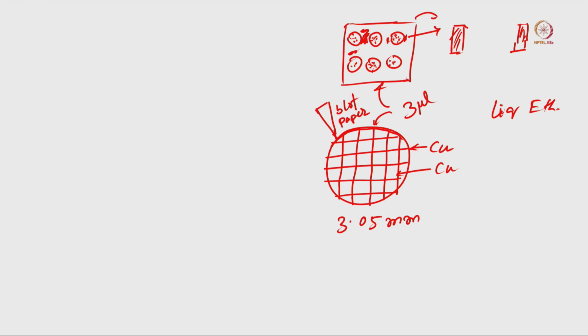Liquid ethane is at around minus 180 degrees centigrade, which is its freezing point. So we keep the temperature near this and quickly plunge the sample into liquid ethane. When we do that, what will happen? The small amount of water buffer in the solution will freeze quickly, and whenever it freezes quickly, it will form an amorphous ice.